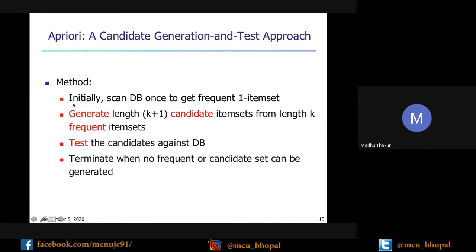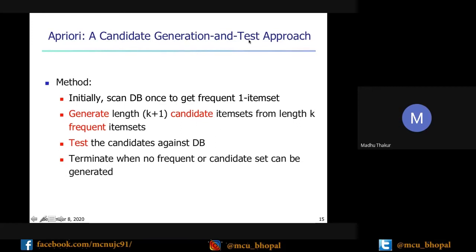How does it work? We scan the data the first time, find the frequency of single item sets, and find the frequent item sets using the pruning method. Then we generate the candidate two item sets with the help of the one item sets, check their frequency and test against the data, and again create the third item sets.